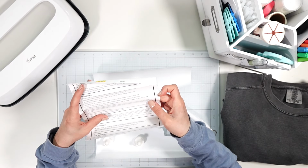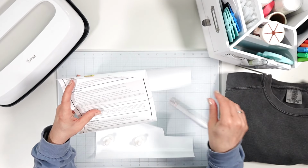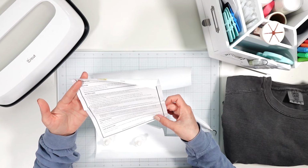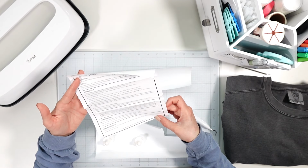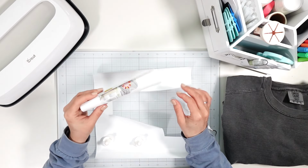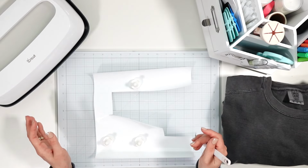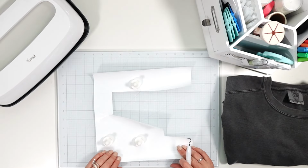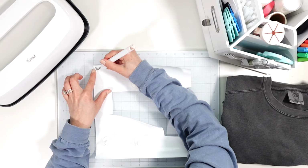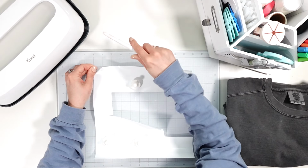So I've used this iron-on once before, but it was for a shirt instead of a sweater, but it is the same brand, and I cannot recall how I did this, but it did work. So we'll just kind of play with it and see, and then you'll be able to see what works and what doesn't. Okay. So I cut off the excess here because I didn't want to waste all of that. So I did that prior to